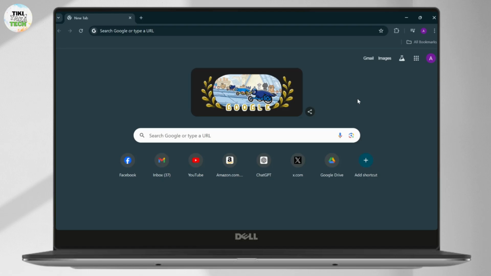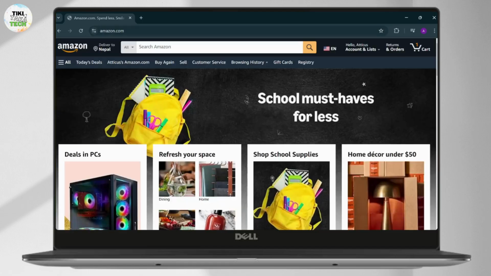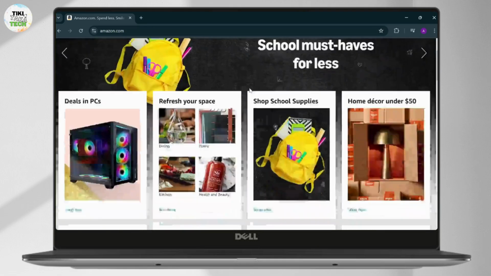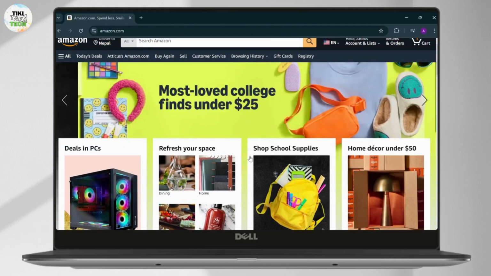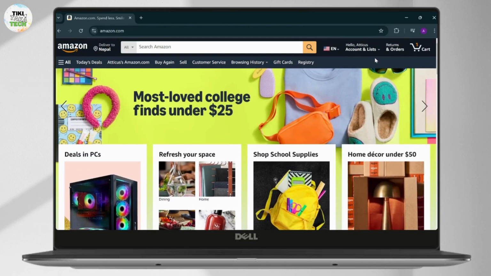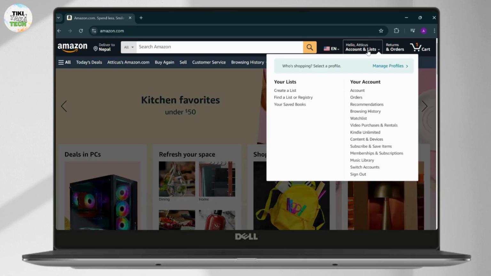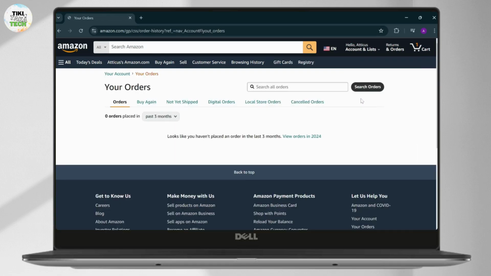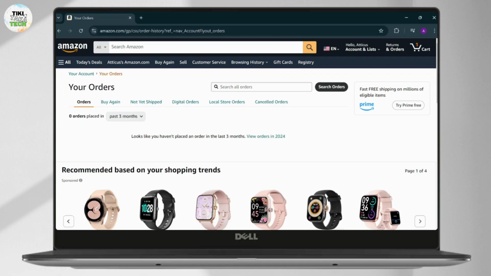Now let us start. First, just open up a web browser and go to amazon.com. Make sure that you are logged in. After you've logged in, you can order anything if you have not ordered yet, or you can go to your orders by hovering around here and going to Orders, or by directly going to Orders right here. Now go to your orders. I don't have any orders right now, but if you have it,